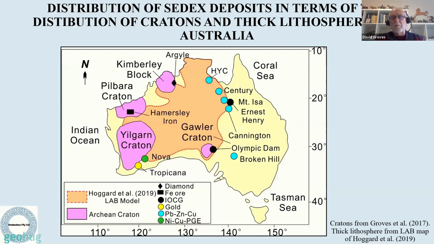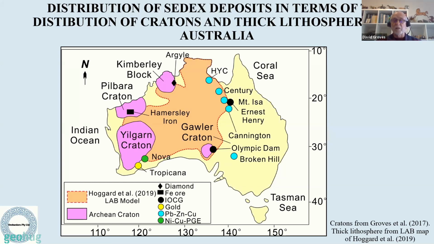Just looking at this map I started with, this is just to show the work that was done by Hoggard et al., where they looked at the thick lithosphere. They looked at this lithosphere that was more than 170 kilometers thick, I think was the figure. And they showed that HYC, Century, Mount Isa, Cannington, the big SEDEX deposits, were all sitting on the margin of this thick lithosphere, along with Ernest Henry, which is an iron oxide copper gold, of course, and